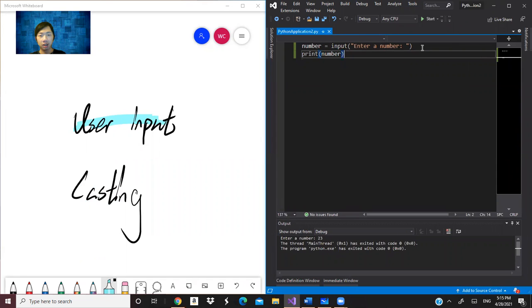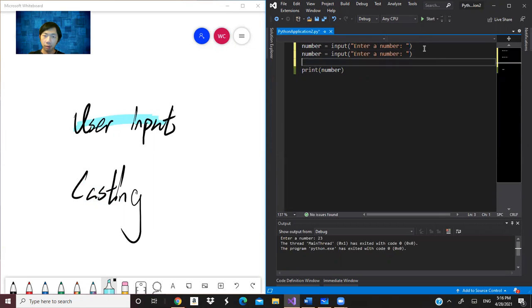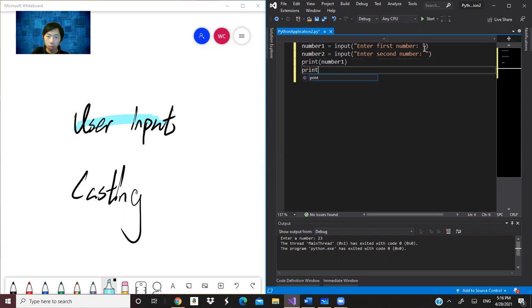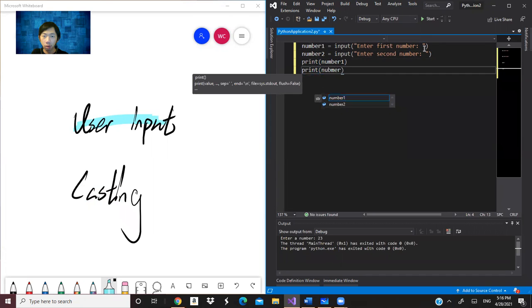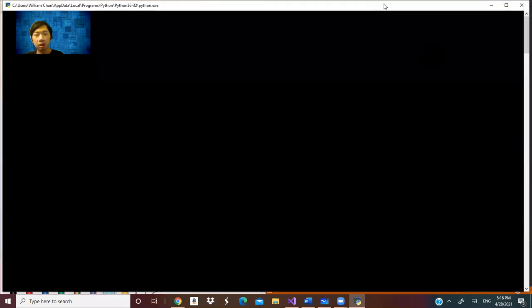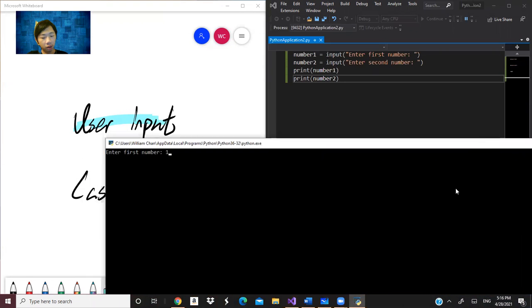So if you try it again, with a first number and a second number, the first number is 10, the second is 20.